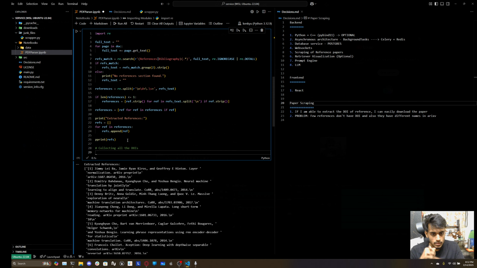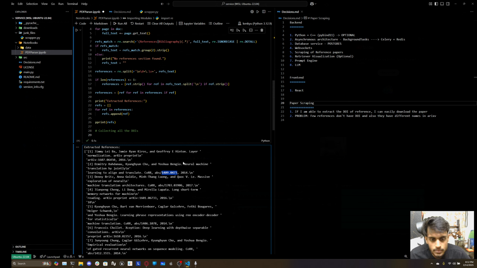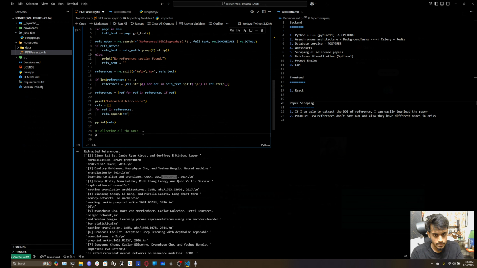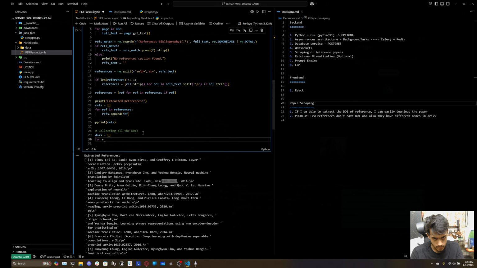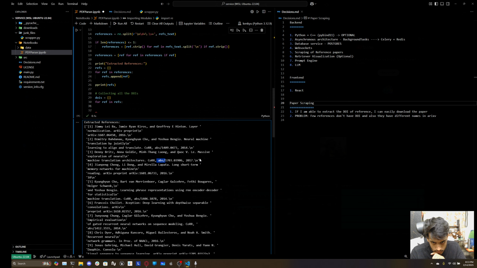Now let's collect all the DOIs. Now the pattern, if I can see, so wherever we have this number separated with a dot, that's the one I need to capture. Cool. So let's check out DOIs for ref in refs. Okay. Now for a couple of them it is easy because they are starting with ArXiv colon, so I can extract that part. But for this one it is starting with ABS slash,